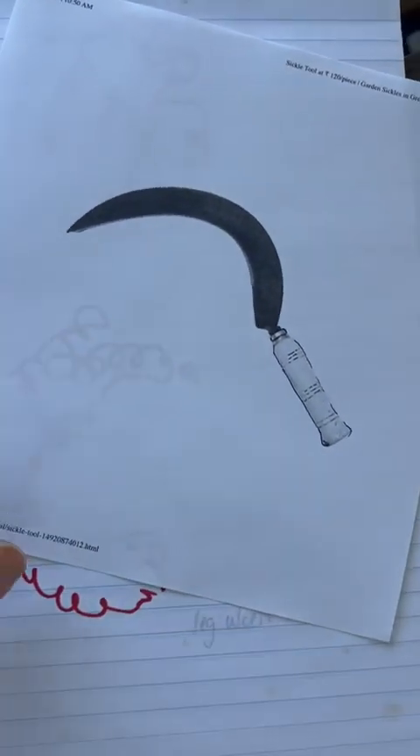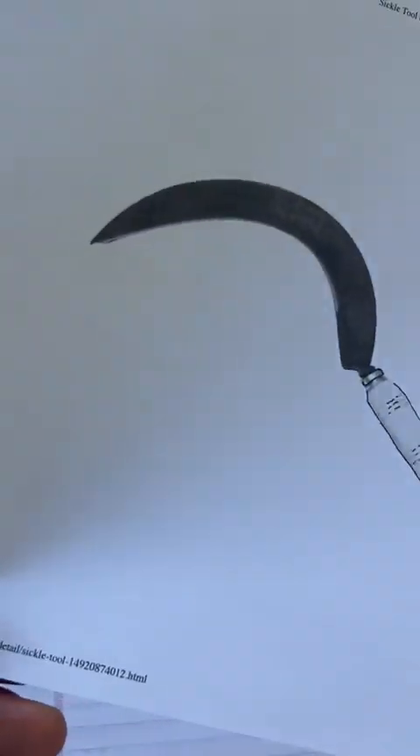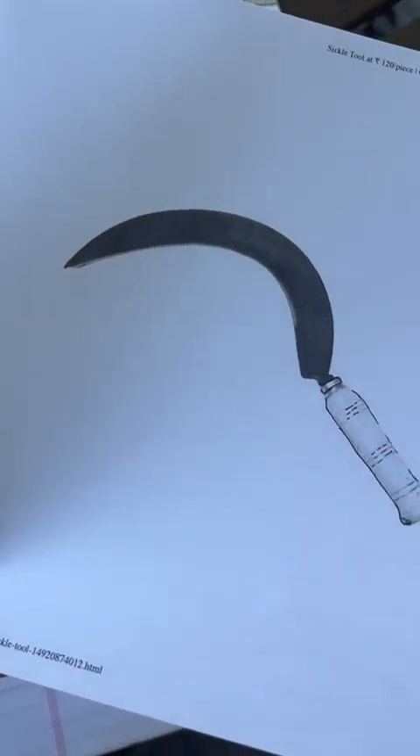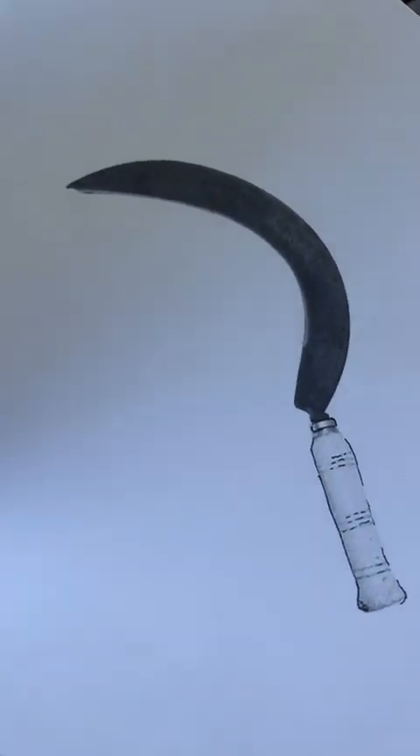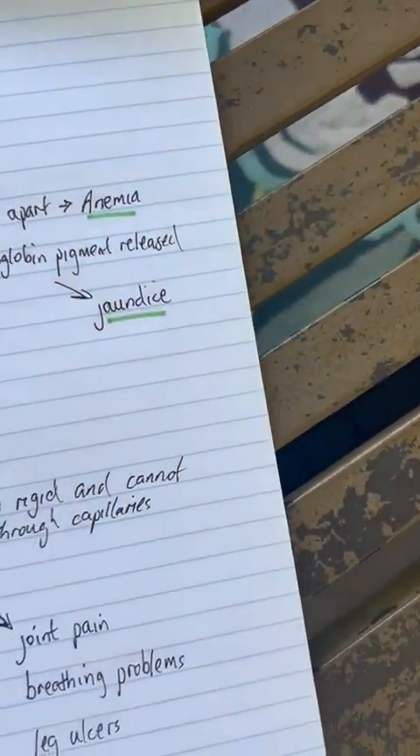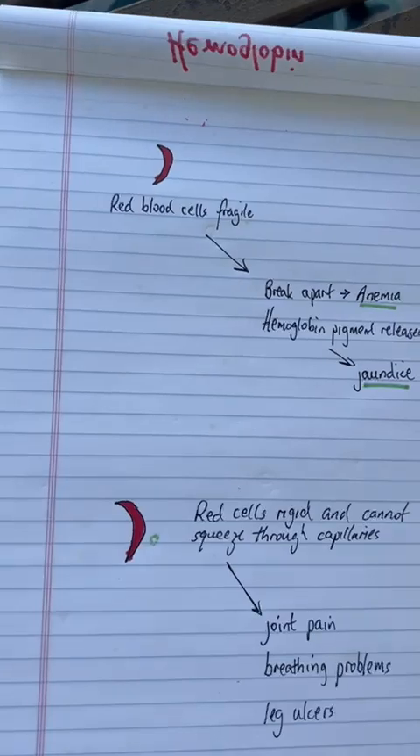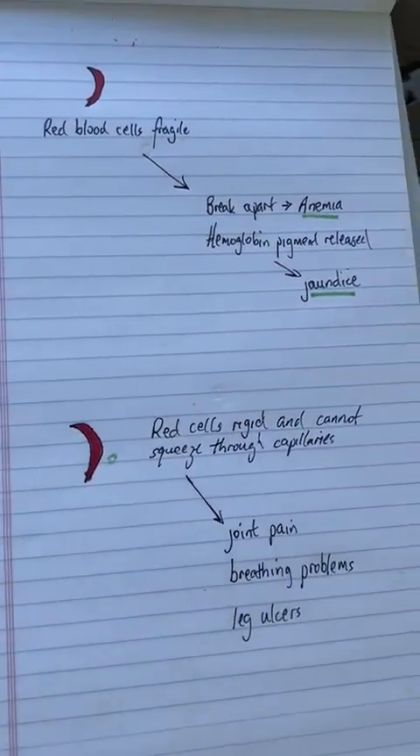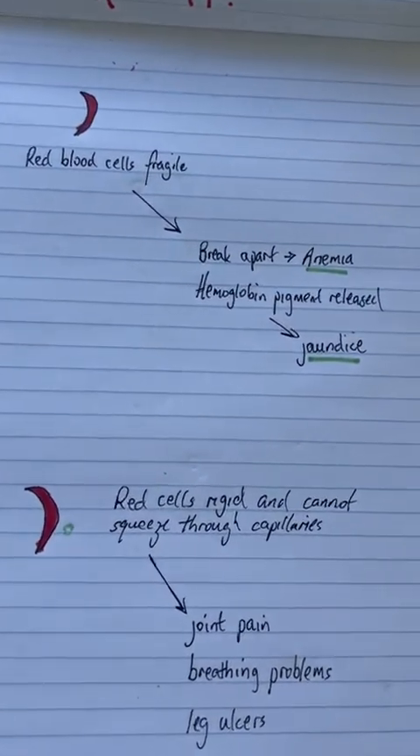They assume the shape of a sickle, this agricultural tool that is used to cut grass and hay and whatnot. The cells look like the blade of a sickle under the microscope, and so that's why we call it sickle cell disease. The red blood cells that have this defective hemoglobin are fragile, and so they break apart, and the